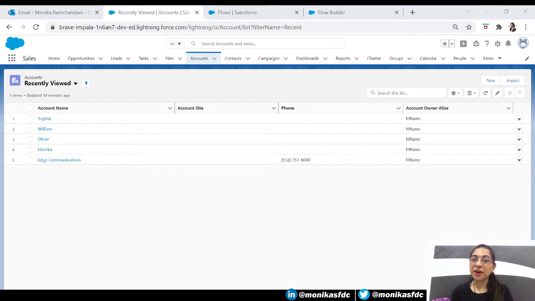So in today's video, we are going to learn something tricky. We are going to learn two elements in this video, which is assignment element and loop element. So this example is going to be a very big example and a bit complicated, but if you learn it correctly, it is going to help you a lot in your practical scenarios and in your organization, in your company. So now without any further ado, let's dive straight into it.